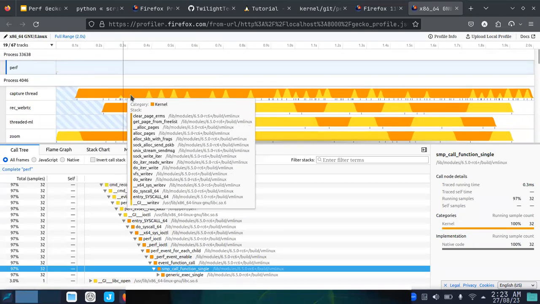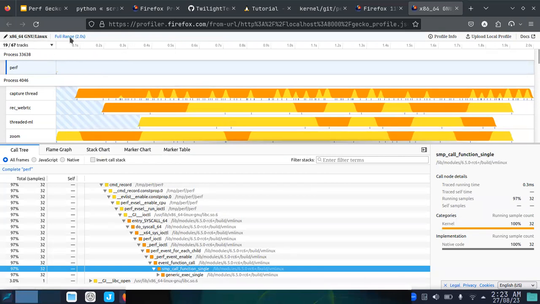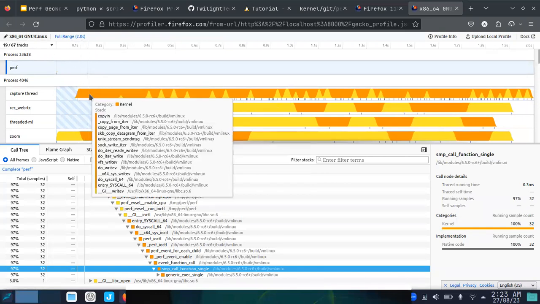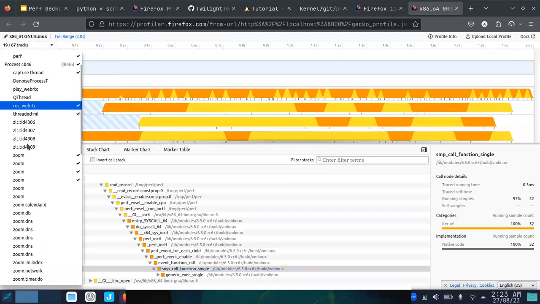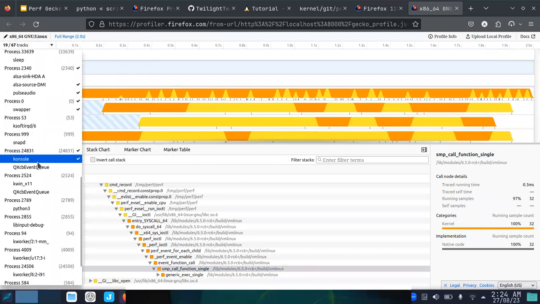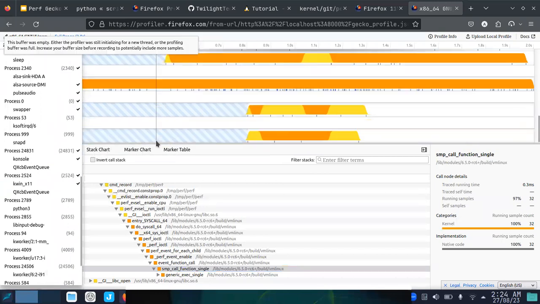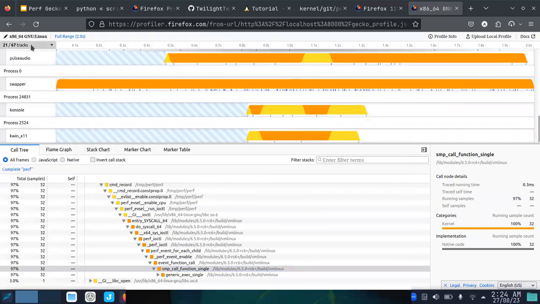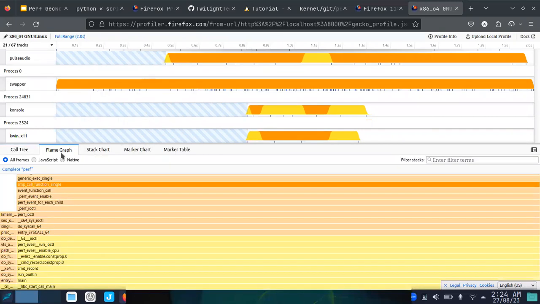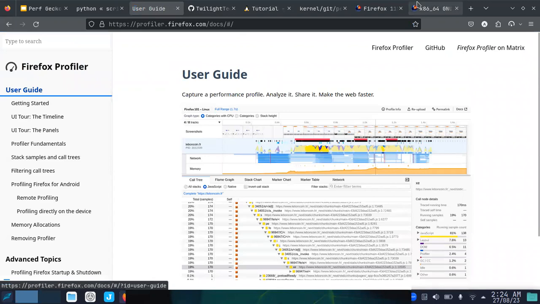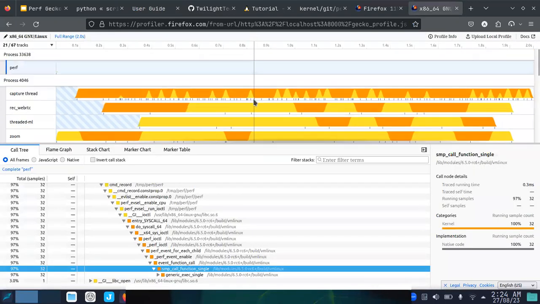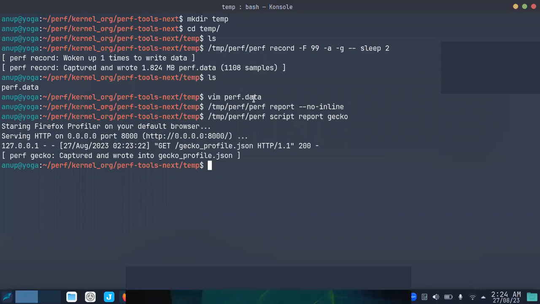And it's basically time series based. So now you can see that we have run for 2 seconds. At this point in time, you can easily see what the call chains involved were. And even if you are not able to see something which you wanted here, you can just click from here, and then you can get them here in case you want to see. And then it has various cool features like flame graph, and all this sort of thing. So if you want to know more about this, you can go to the documentation of Firefox profiler and understand about it. So now let's discuss more about what this Gecko script offers